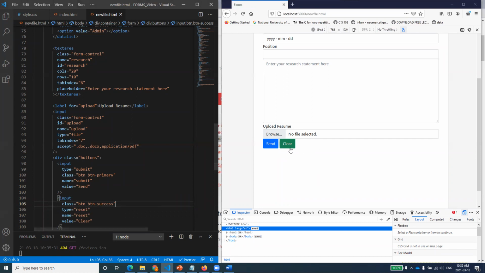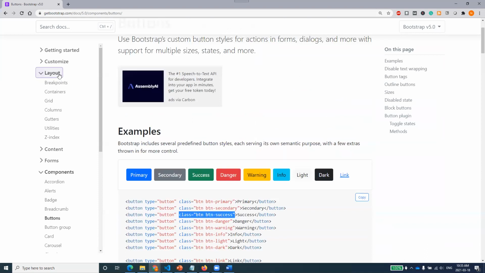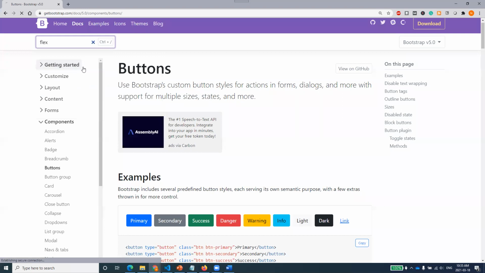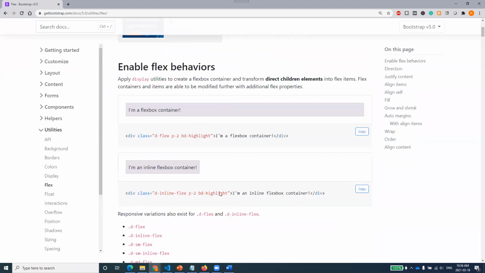Now, one thing that, as I said, they are on the left as well. First of all, we have changed the classes of these buttons. Now the buttons look more beautiful. And now what we want to do is adjust them and align them. So for layout alignment, let me find out, there is a flex over here as well. You remember we have talked about flex a lot. So there's a flex model over here as well in our document.